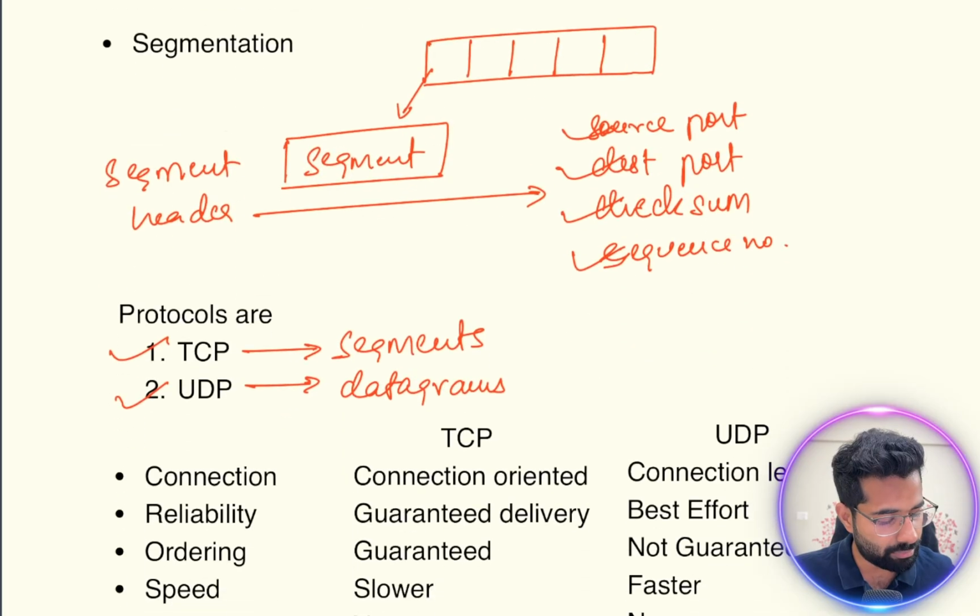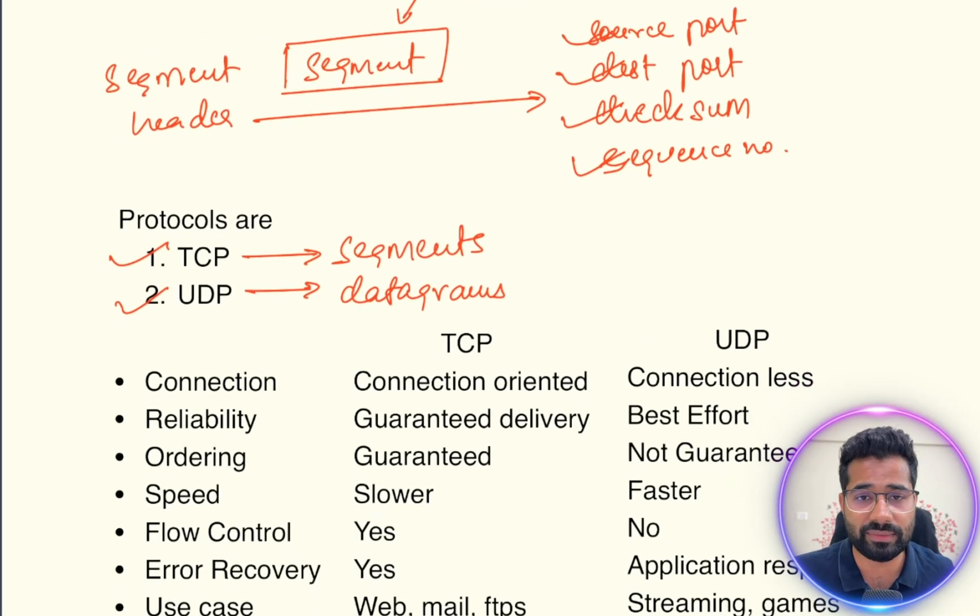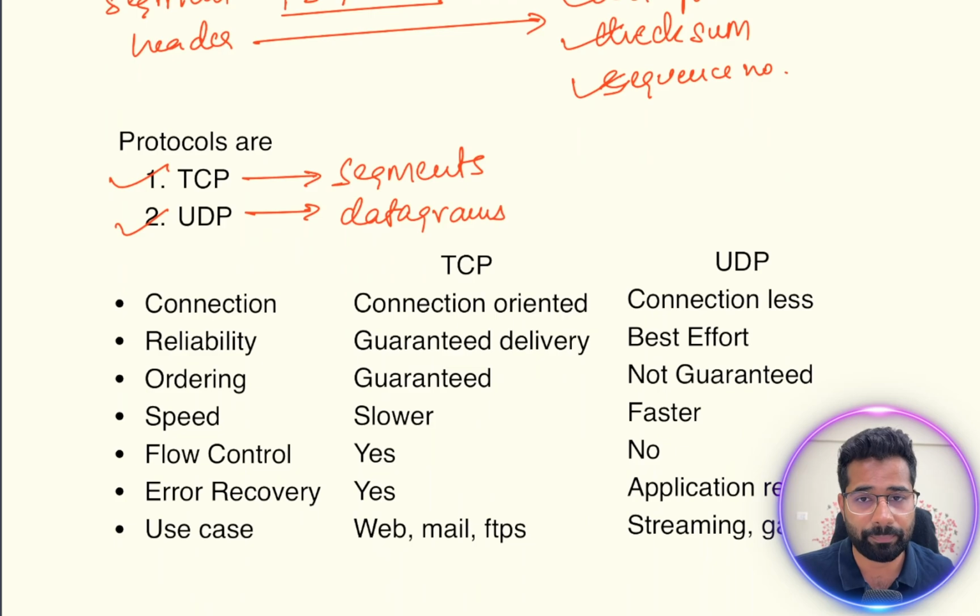Now if I come around to the properties of TCP as well as UDP, if I talk about the connection, TCP connections are connection oriented, whereas UDP is connectionless. What do we mean by that? When we talk about connection oriented protocols like TCP, the connection metadata are saved. Let's say your sequence number of the connection, or your flow control metadata, or your congestion control metadata. So every connection can be uniquely identified using that metadata in a TCP protocol, whereas in UDP you do not